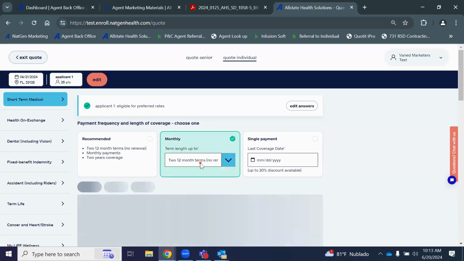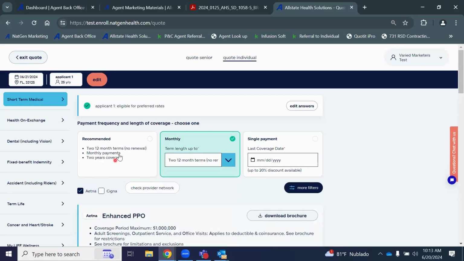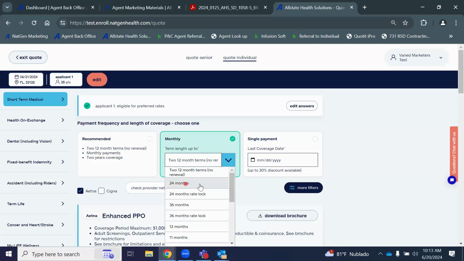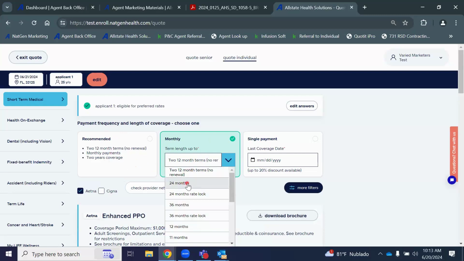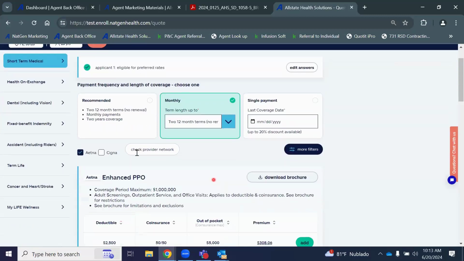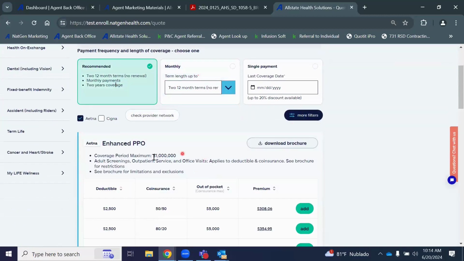In the center box, I can also select a 24-month coverage. And this is where it gets a little confusing sometimes with our plans. Here I can choose a 12-month, which is 24 months of coverage. And here I can come in and select 24 months of coverage. The difference is this: if you select a 2x12, that is one application, 2 policies. If you select a straight 24 months, it is one application, 1 policy. And it really makes a difference when you start looking at things like this. In a 2x12, which is what's selected here, in a 2x12, you have the enhanced